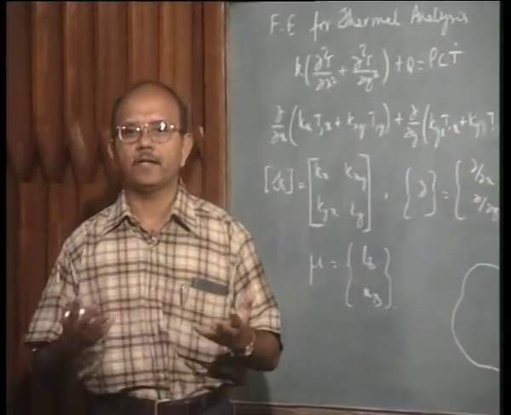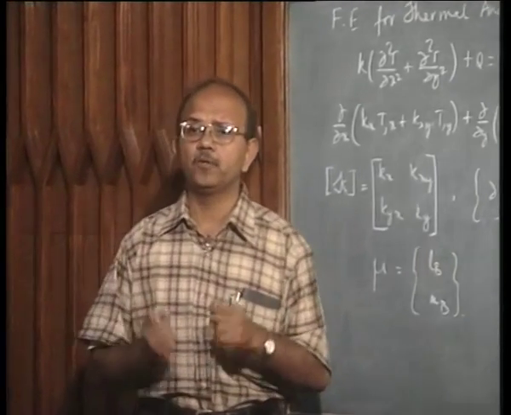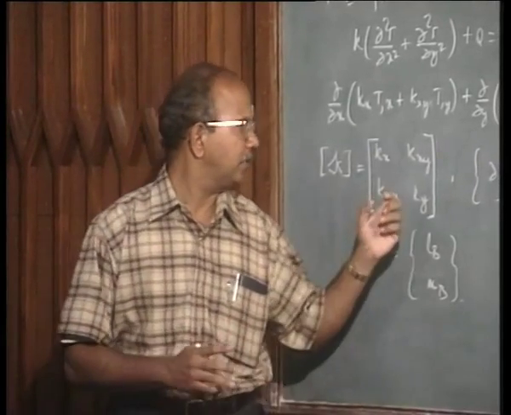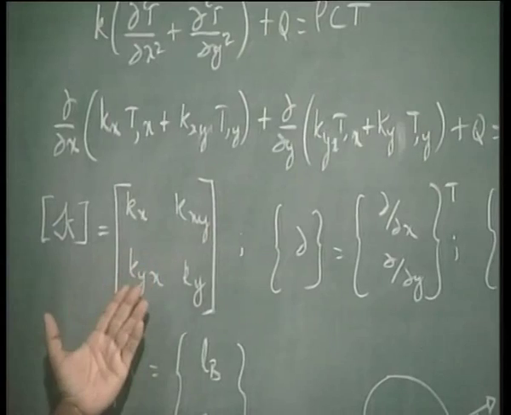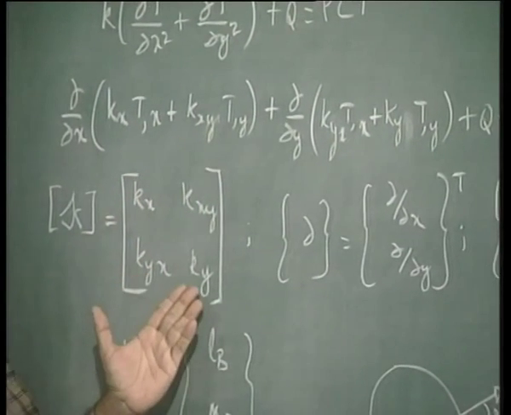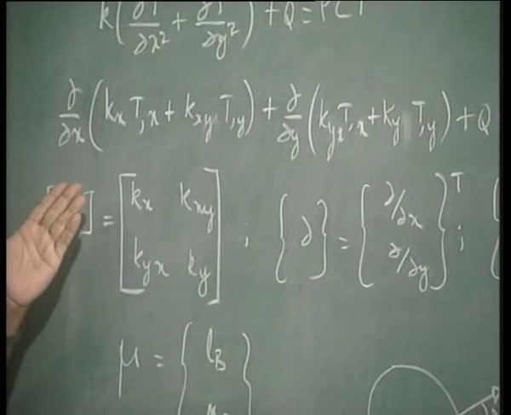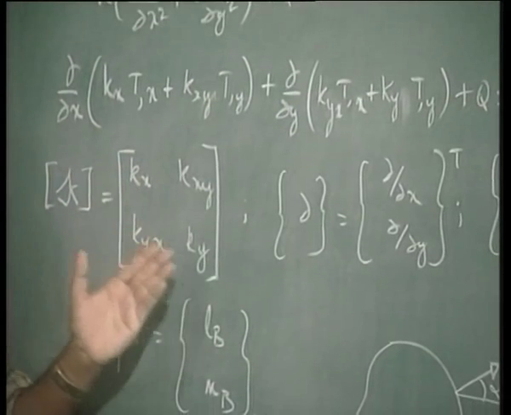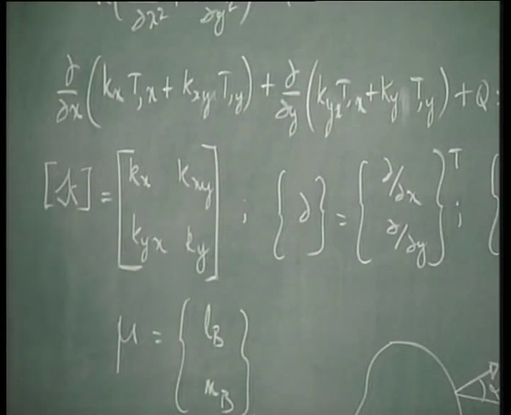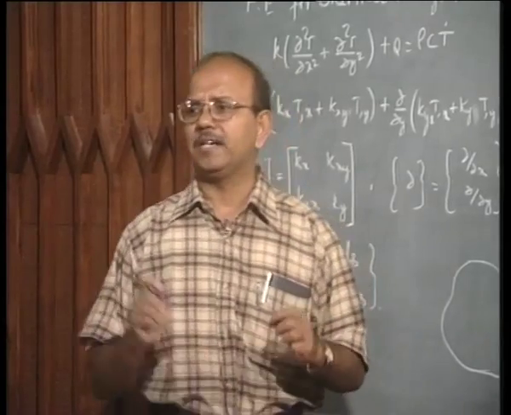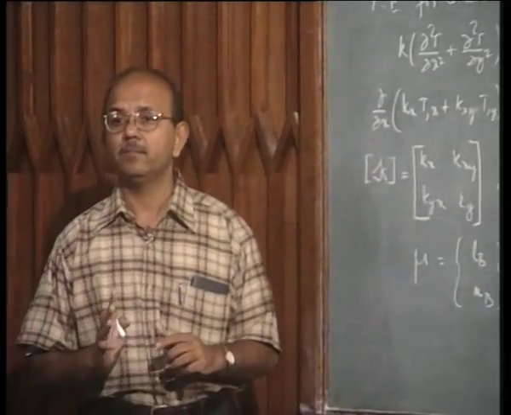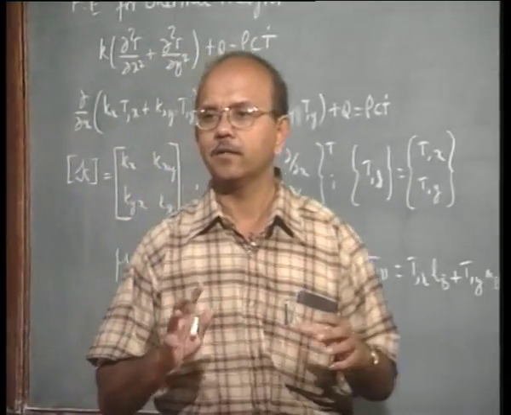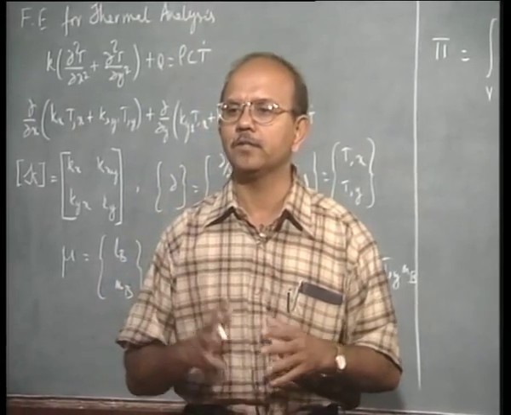In any material we can have principal directions of K, K1 and K2, in which case this matrix which I have written here for K, with Kx, Kxy, Kyx, Ky, can be written as, how do I write it if it is principal directions? Diagonal matrix, correct. So K1 and K2, with 0 and 0 here. It is very important to understand this. Why do you think it is important to understand the principal directions and this kind of Kx, Kxy and so on?